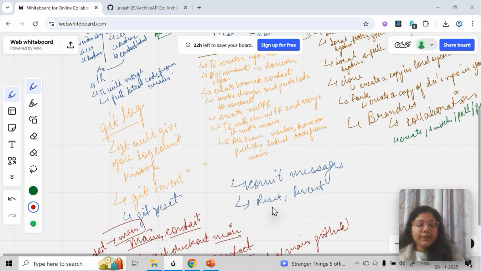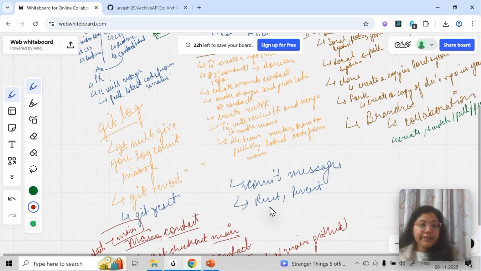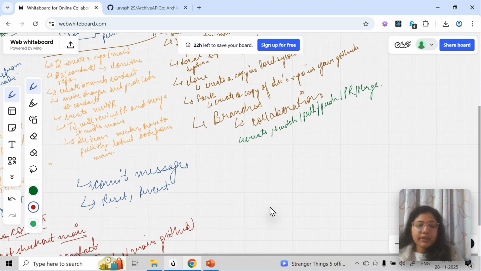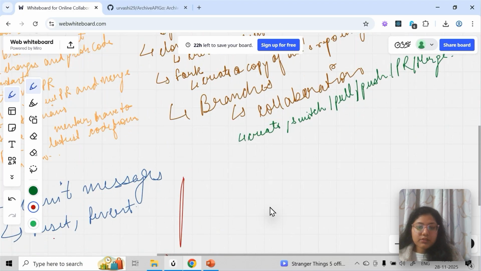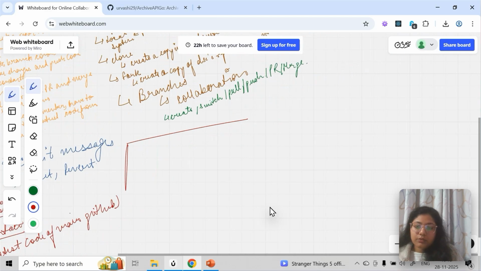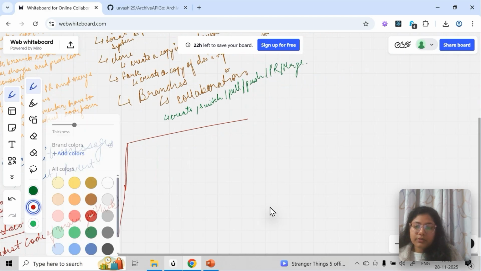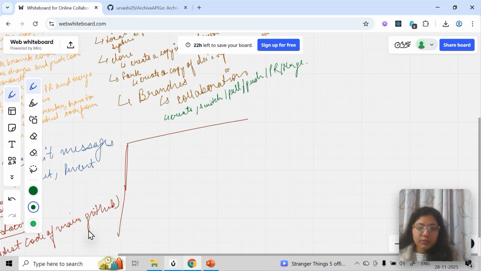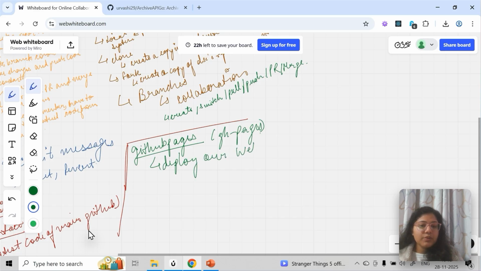Earlier I also showed you something called GitHub Pages. Let's quickly recall what those are. GitHub Pages, which we also call GH Pages, is basically a way to deploy your application. From the perspective of web development, we can deploy our web application, or any application, for example a web application.